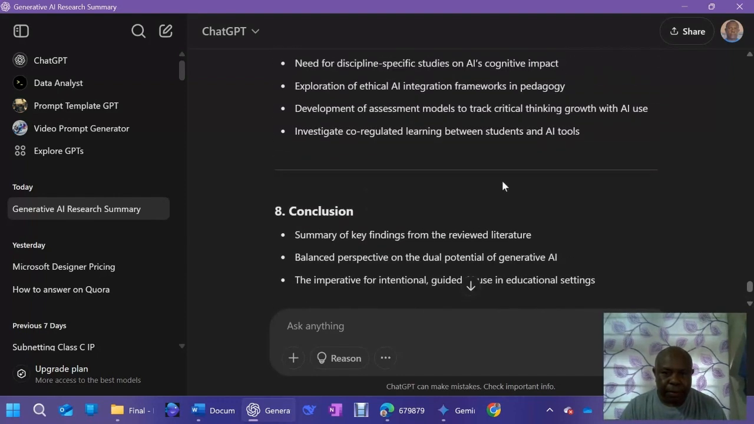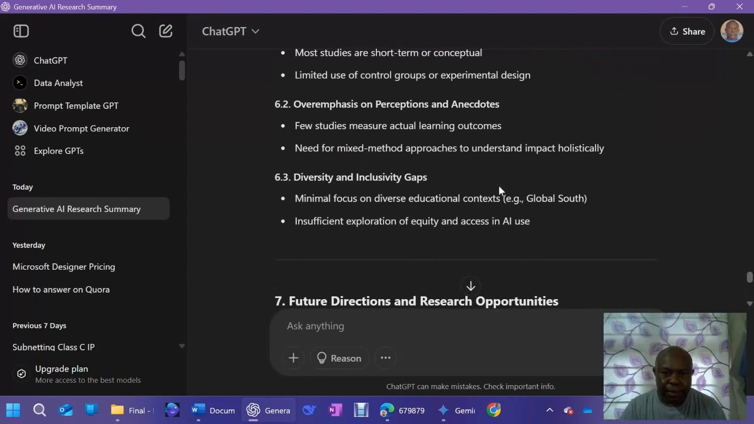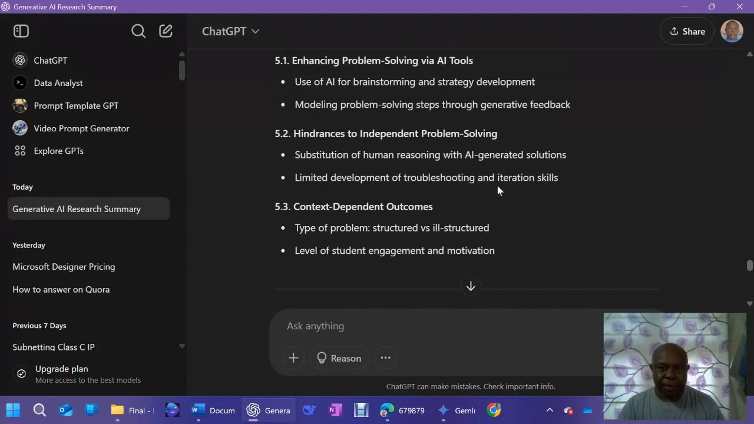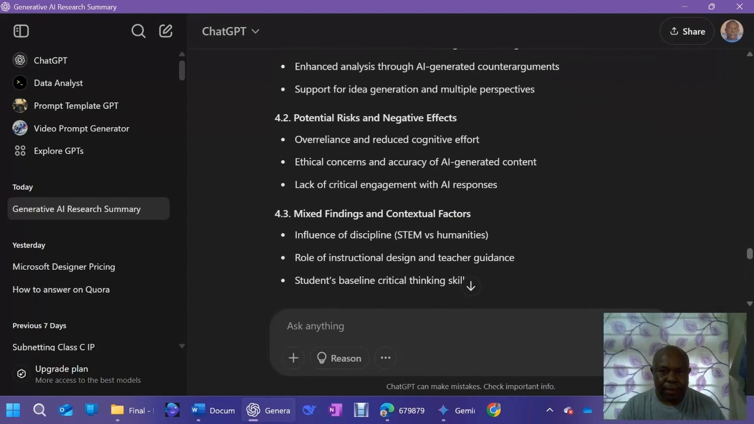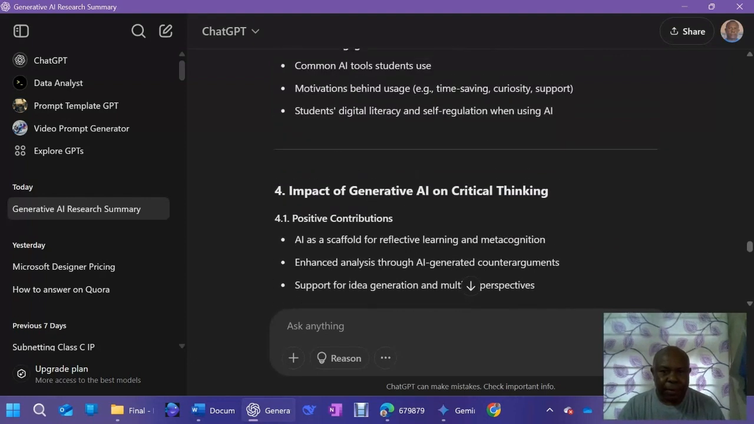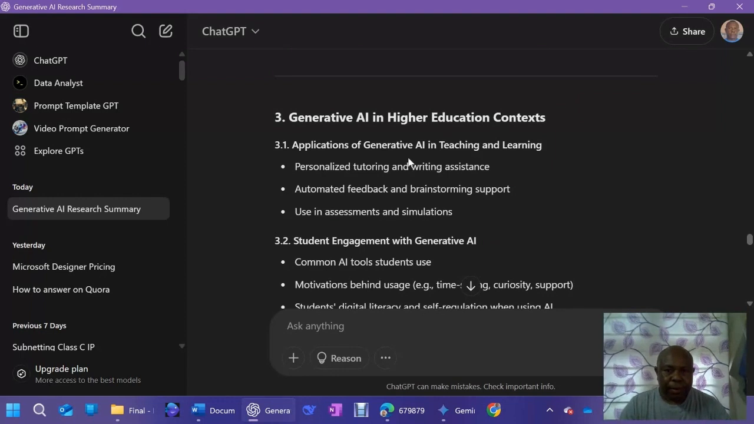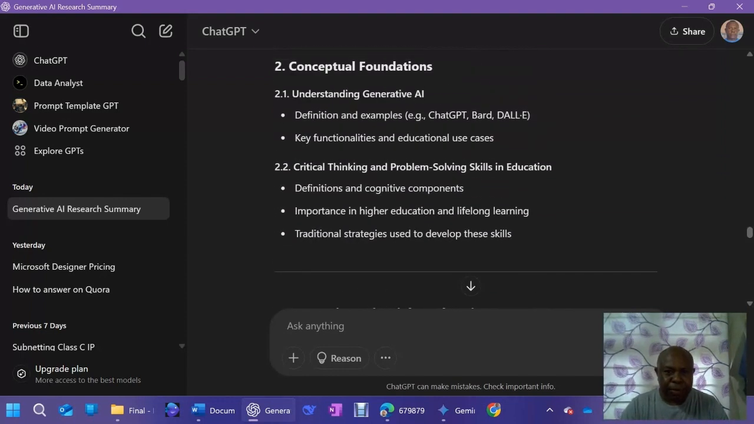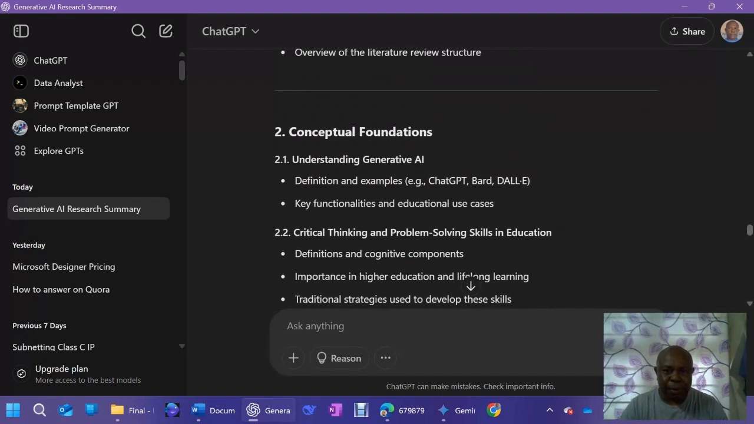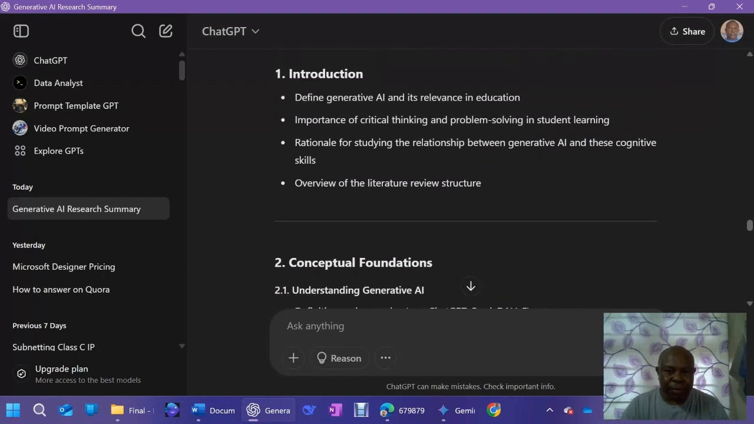Okay, we collaborated with the AI and finally the AI helped us with the outline of the literature review and the main headings. This is as far as we can go because if we continue, the AI will do the whole review for us. And that's why we want to break